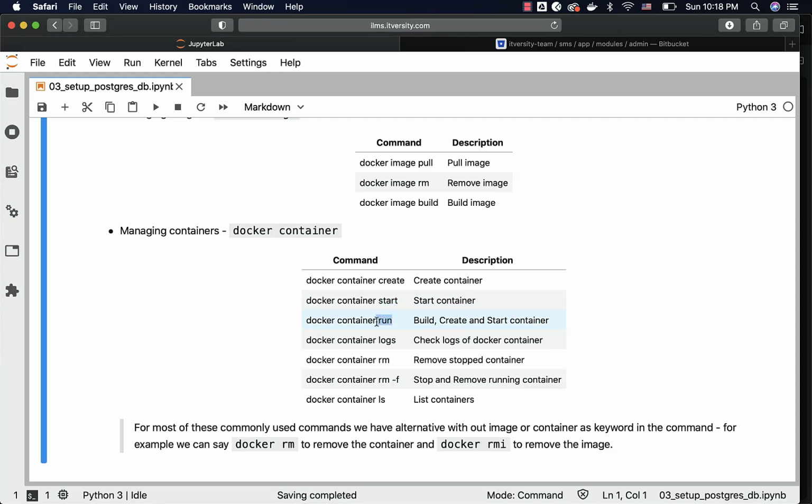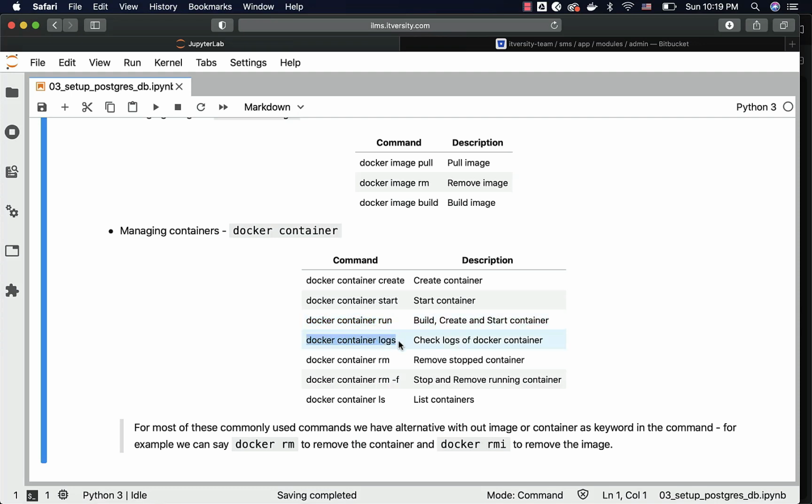You can run the container by saying docker run. Run is nothing but image pull plus container create plus container start. It will check if the image exists. If the image exists, it will try to create the container. If the container doesn't exist, then it will try to start the container. If the image already exists, if container already exists, docker run will just bring up the container. It is widely used to streamline the process of pulling the image, creating the container and running the container directly.